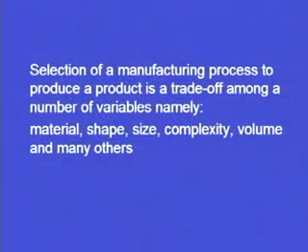The broad or major factors are material, shape of the product, size of the product, complexity and the volume. Already it is mentioned there are many other factors which will affect the selection of a manufacturing process. So, till now we have seen that in order to convert a raw material to a final product, we have different options, different manufacturing processes, and depending upon certain variables, we have to make a trade off among all these manufacturing processes to decide which manufacturing process is going to be used for converting a raw material into